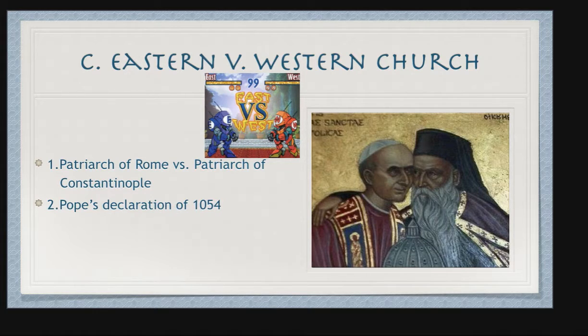And the guy in Rome takes on the name Pope. The name Pope means father, and there's a little bit more here that I'm not going to have time to go into as far as how the people started calling him Pope, but the guy in Rome takes on the name Pope, and he makes a declaration in 1054. I'm not really concerned that you know that date. However, you should know that the Pope made a declaration in around 1000 AD. And what he says in this declaration is that I am now the only authority over all the churches in southern Italy.